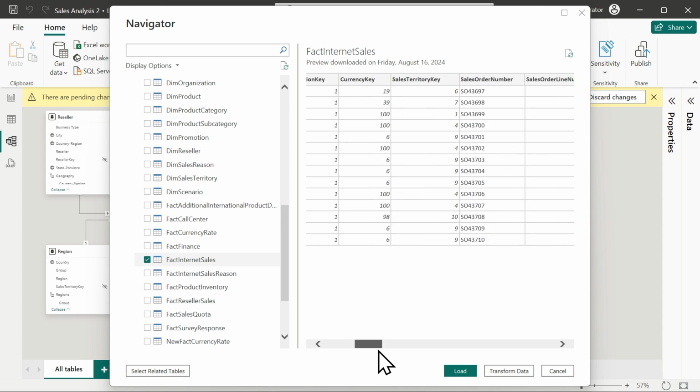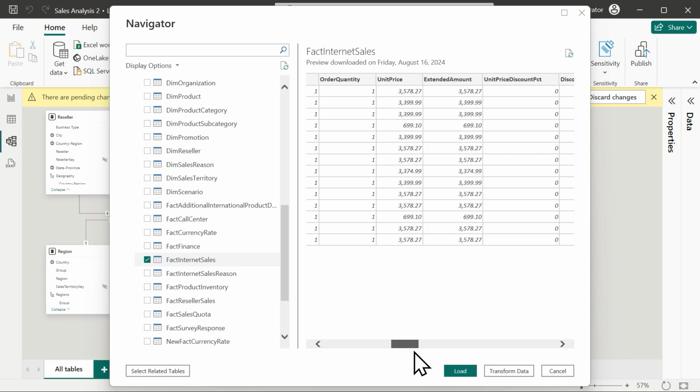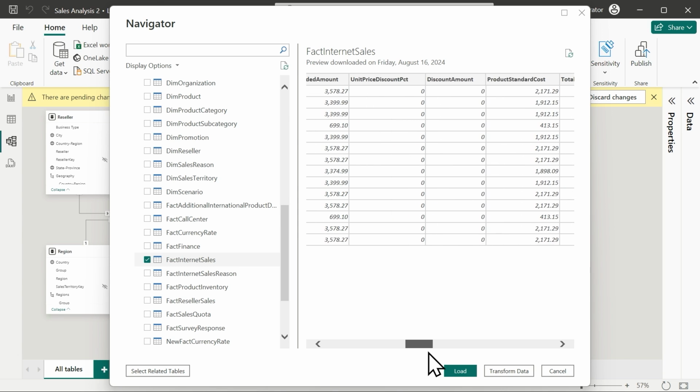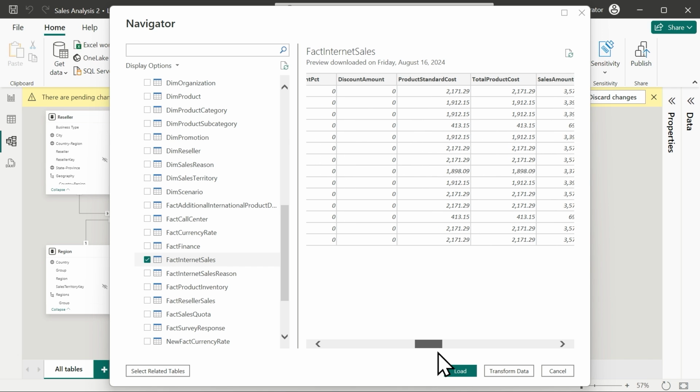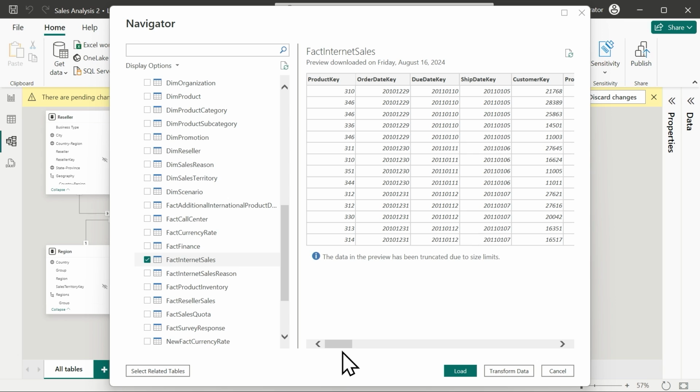Numbers I might want to crunch might be unit price, order quantity, unit price discount percentage, discount amount. There's a bunch of them in here: total product cost, sales amount. But there's also a lot of foreign keys: product key, order date key, due date key, ship date key, customer key, and more, because the fact table has relationships with our dimension tables.